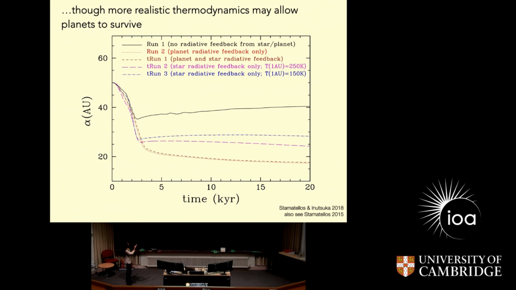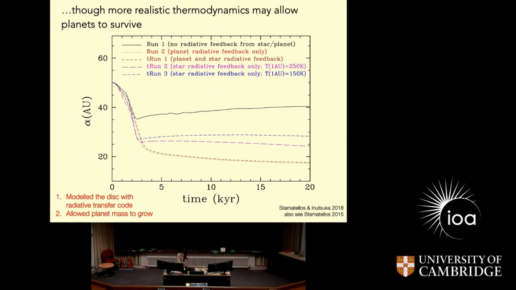What you're seeing here on the y-axis, again, is separation against time. It's the same kind of plot that we were seeing on the previous slide, but what you see this time is that these planets start to migrate inwards, but they do end up stalling, right? These are various different simulations that they were running, and the details of that are not so relevant here, but what I wanted to point out is that when you do start to think about the thermodynamics in more detail, it does change the migration pattern of